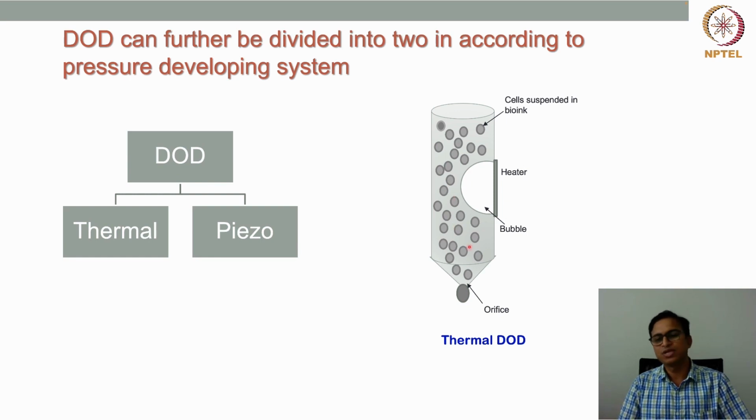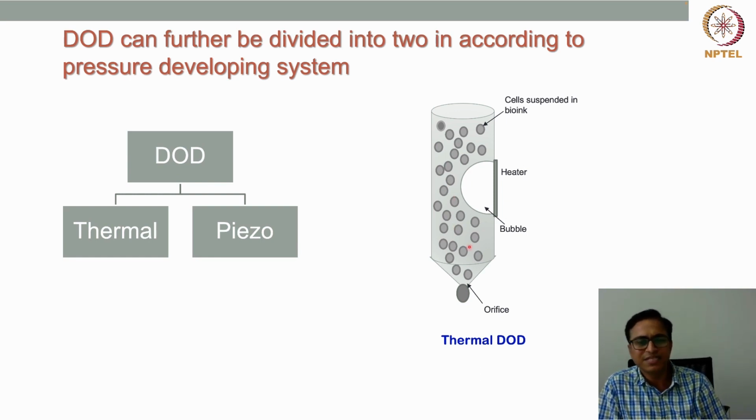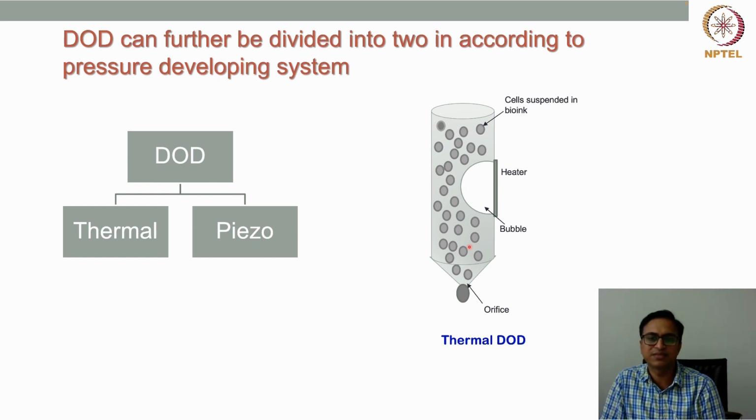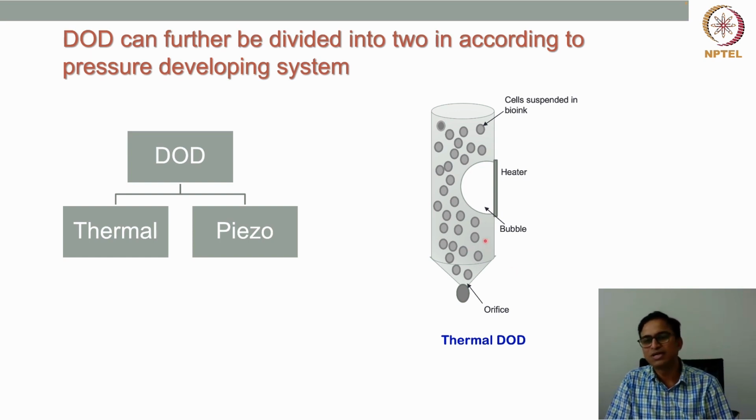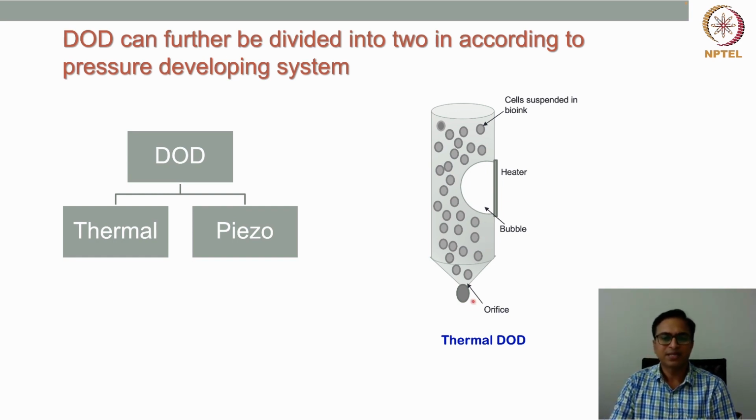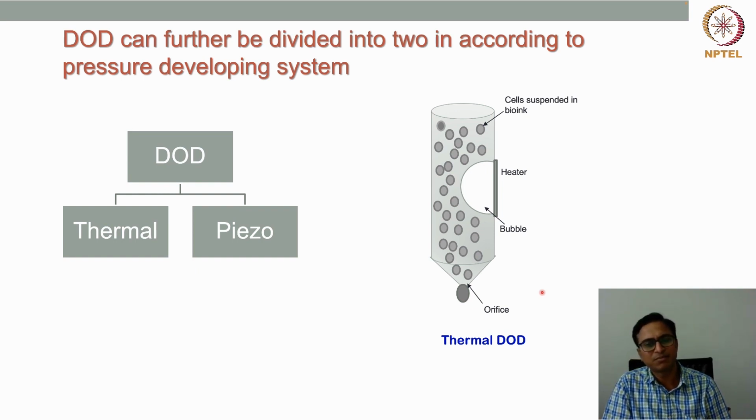And there are studies where it was found that the cell viability is more than 90%, or more than 95% cells are viable, using this printing technology. So this was very well used for printing cells. For a thermal DOD printer, the orifice or nozzle diameter is somewhere around 50 micron, so droplets anywhere between 30 to 80 micron in size can be very well produced